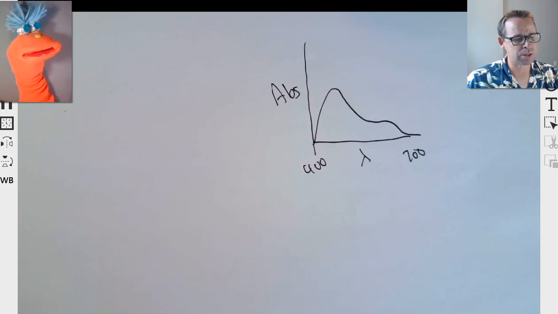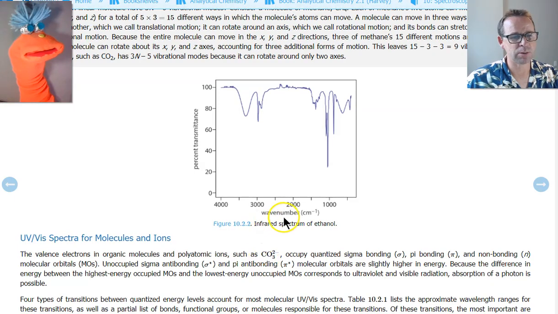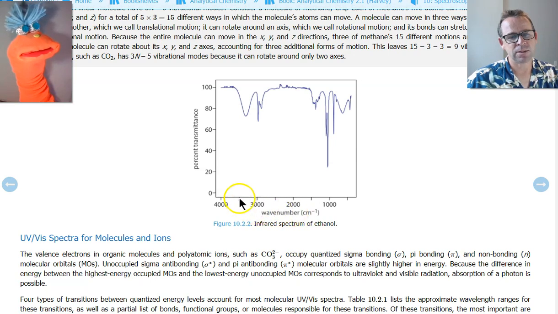Well, there's another popular way of expressing energy, not in the form of nanometers, but what we call wave numbers. Now, wave numbers are just 1 over the wavelength of the electromagnetic energy in centimeters. So if you take your numbers in nanometers, convert them to centimeters, and do 1 over that value, this is what we call wave numbers. So if you take 1 over 4,000, that's going to be a higher energy than 1 over 1,000 in terms of wavelength.